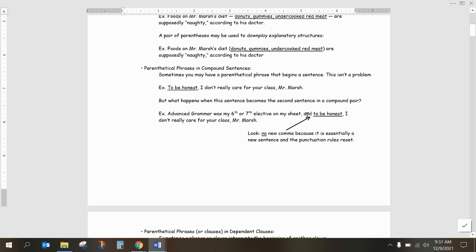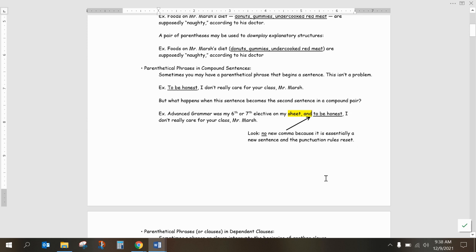So as soon as I do comma and, which is my new sentence sitting right here, maybe I'll highlight it for you. As soon as I do comma and, it's a brand new sentence, and the punctuation rules kind of reset. Now, obviously, you don't capitalize the T in "to," but the punctuation rules reset. So I don't put a comma in front of the T up here, so I don't put a comma in front of the T down here. Okay, so be careful of that. When you make a compound sentence, all of a sudden something starts off which is parenthetical,